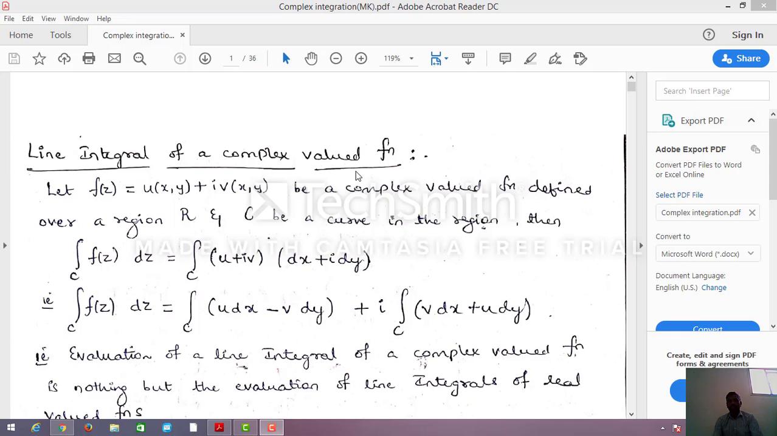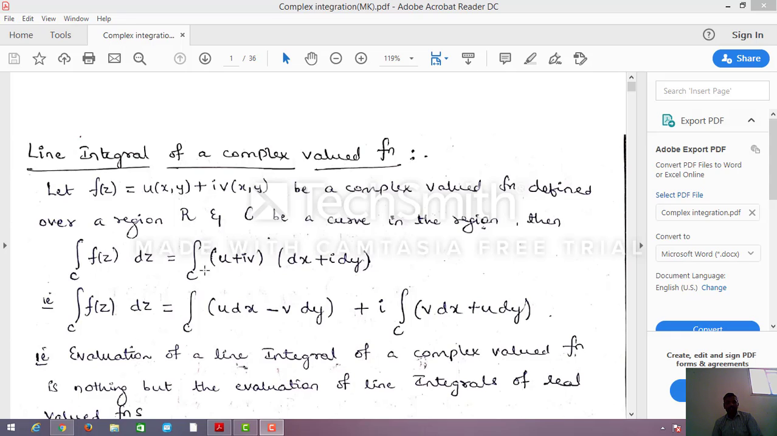In today's class, we are going to see the line integral of a complex valued function. Let f of z equal to u of x comma y plus i into v of x comma y be a complex valued function defined over a region R. Capital R denotes the region, and capital C is a curve in the region. Then the integration along the curve C, f of z into dz, equals